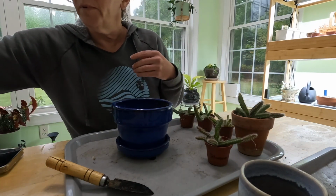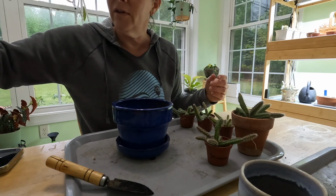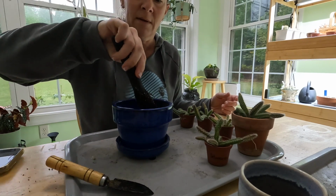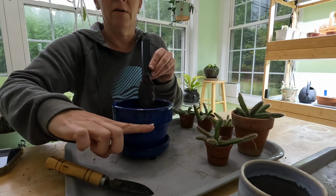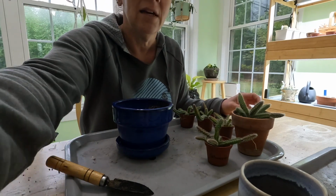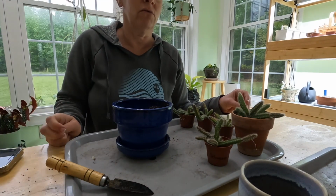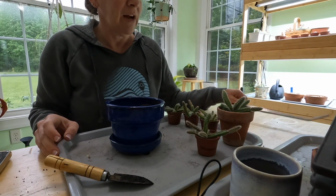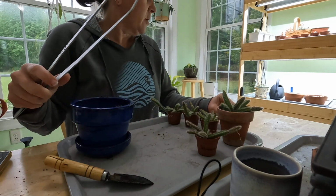So I'm just going to scoop in some of this soil to the bottom. I can probably put a good few inches of it in here. I filled it up to about right here. And now I'm going to pull my cacti out of their pots. To do that, I have some tongs that I'm going to use to hold onto the cactus, and I'm going to just dump them directly out into...